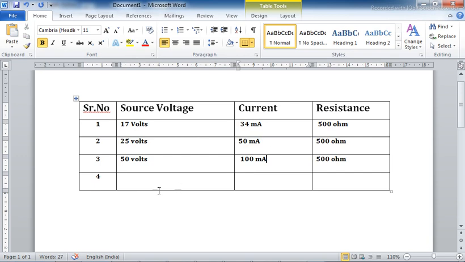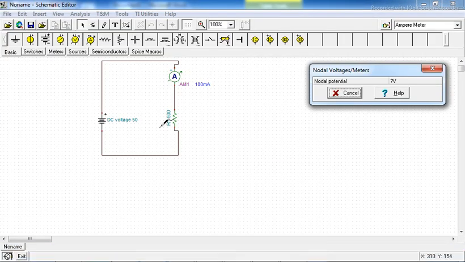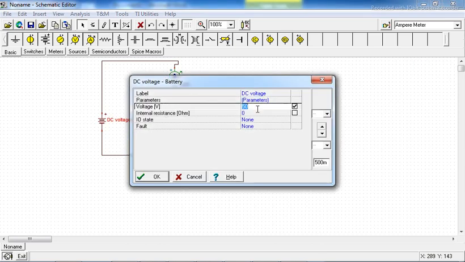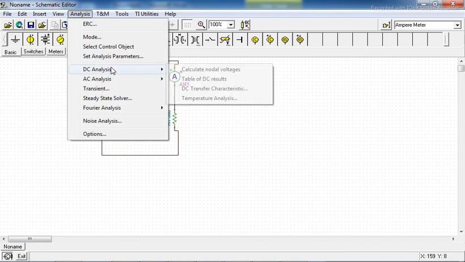Okay, let us take one more example. When I decrease the source voltage, what will happen? Let us check that. Initially it was 17. Let me take it as 10 volt. Okay, we have changed the source voltage value. Let us run it.